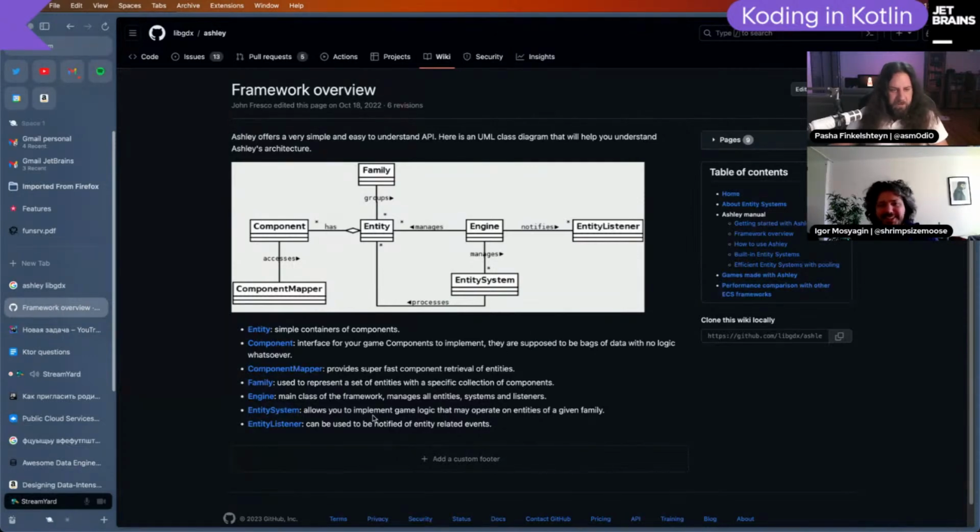So there's a base class entity. Entity is just some simple container of components. Components are a full OOP interface for a game component to implement, like coordinates or life or something like that, right? Yeah, you can go to the Ashley documentation in the README, and then there are